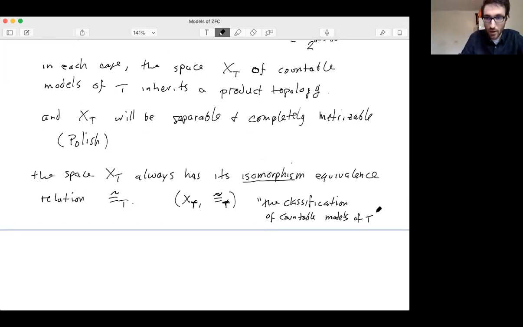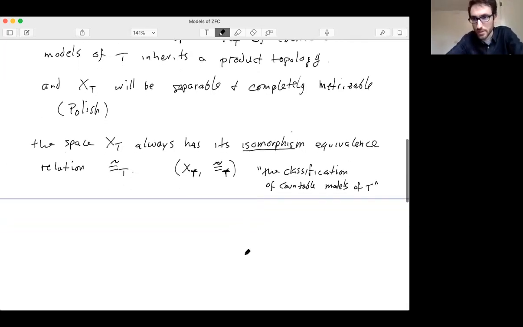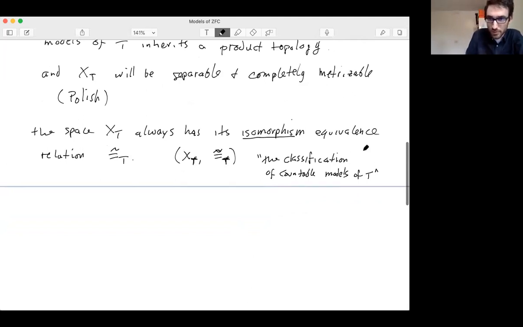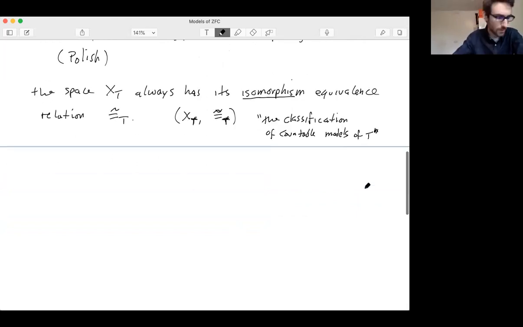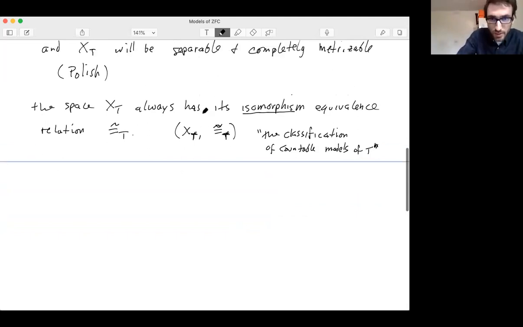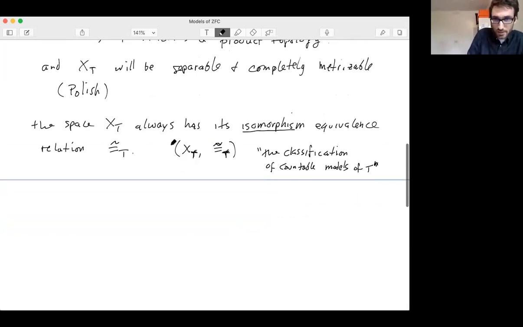And now you see why I always deal with countable models, because I really wanted this topology to be nice. I wanted a Polish space. So we had to restrict to just countable models for this. Though of course many people extend descriptive set theory beyond just Polish spaces, but that's okay. Okay, and then two such things can always be compared. So the Borel reducibility structure that I mentioned is a partial ordering on these things.